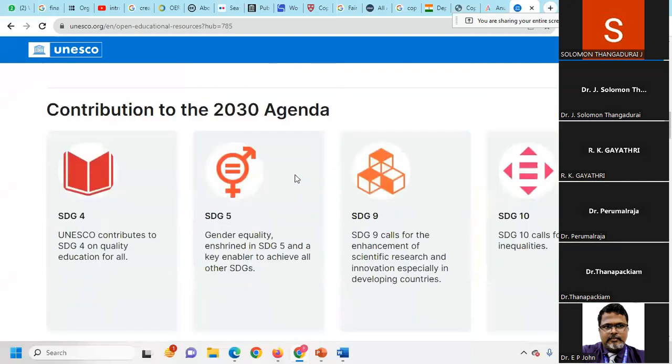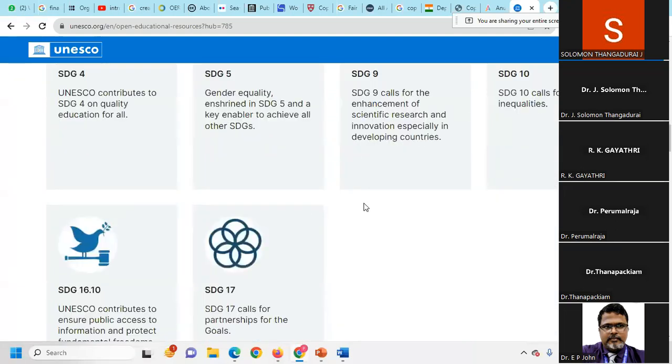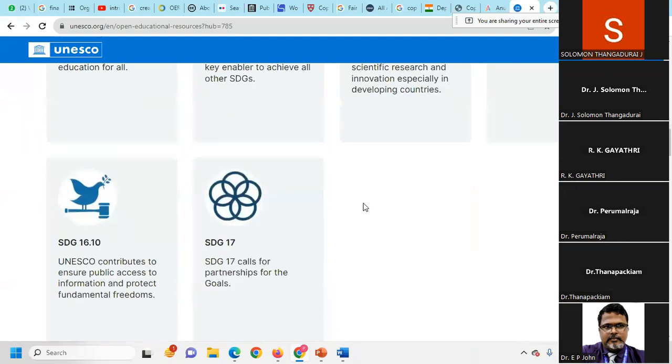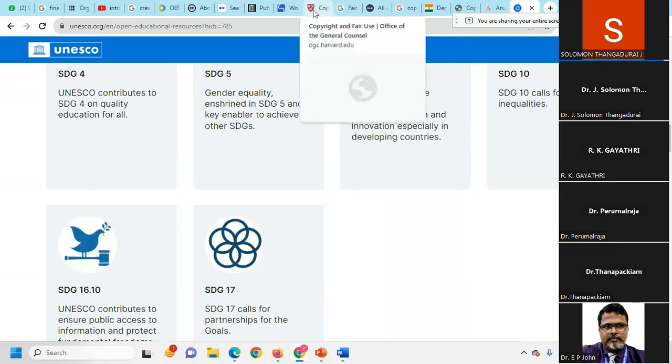They are discussing it in relation to the SDG goals, like SDG goals 4, 5, 9, 10, and 16 as well as 17. All these goals are related to making a contribution to education aspects. They are also saying this content will be given to everyone. And second, I'll tell you one more aspect, this public domain.